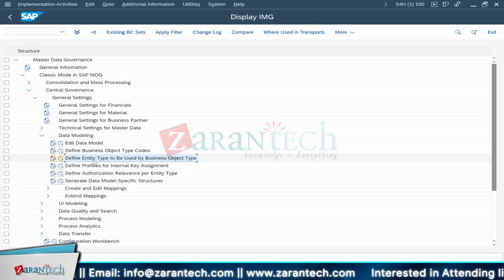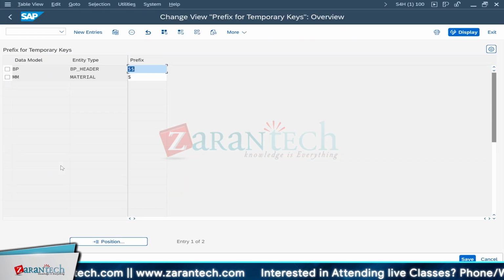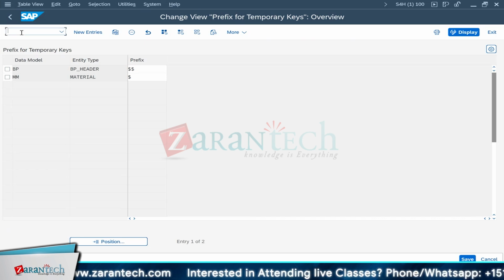After this, the next configuration is define prefix for internal key assignment. This is whenever we create a new material. If you notice this,